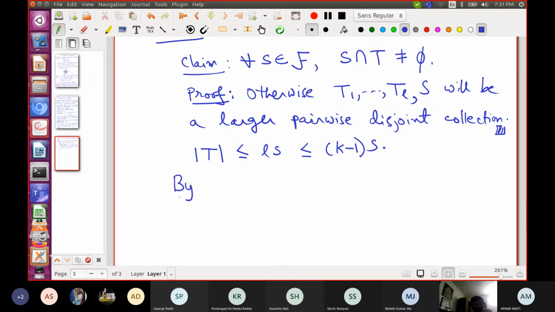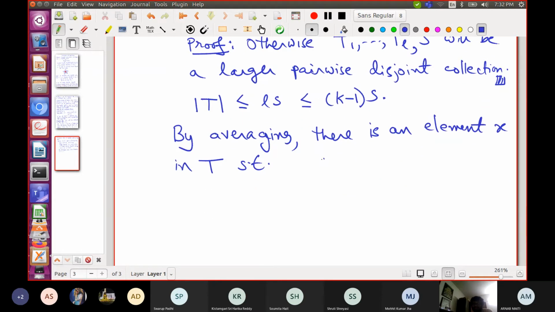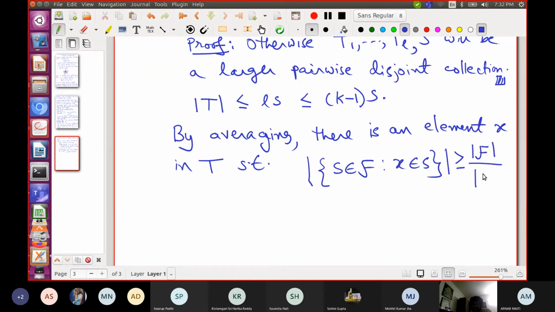So now by averaging, there is an element X in T such that if I look at all the sets in F that contain X, that is S in F such that X is an element of S, the number of these sets is at least mod F divided by mod T. So T has mod T many elements.